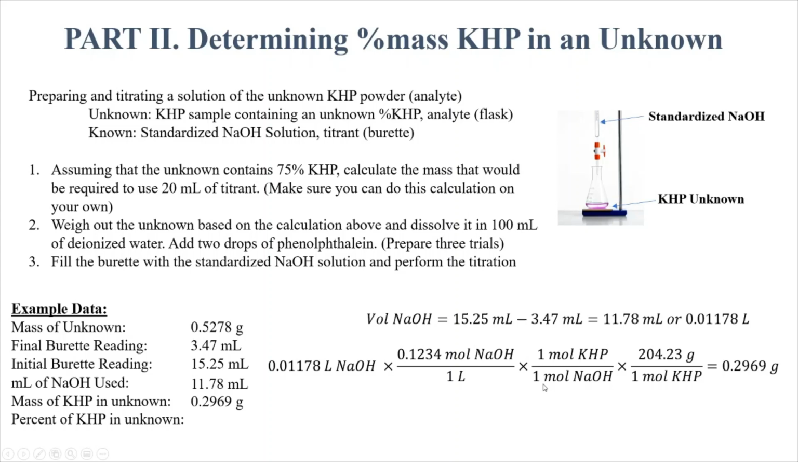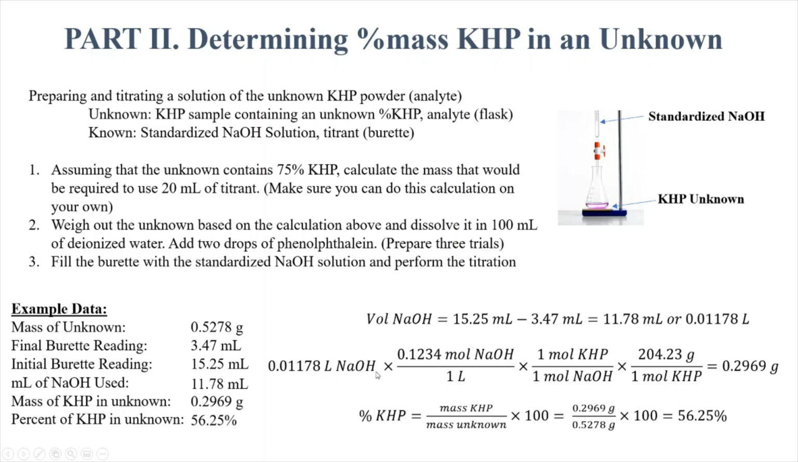So now we know that when we reach the equivalence point, which was the volume required to turn the solution pink, for every 1 mole of NaOH, I have 1 mole of KHP. And for every 1 mole of KHP, I have 204.23 grams, which is the molecular weight. Because I know the amount of NaOH I added and my standardized concentration, I can now work back to figure out how many grams of KHP were in that solution